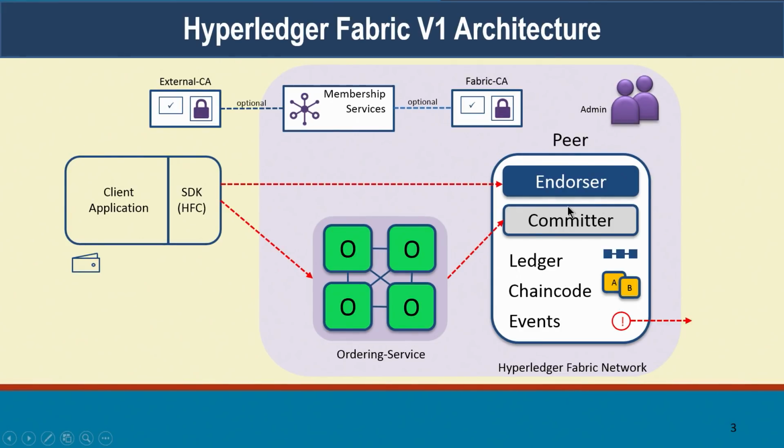And once the ordering service comes back with the full order of transactions, then each of these transactions needs to be committed onto the blockchain. So this committing function can also be thought of as a separate function. It's possible that certain peers are both endorsers and committers, whereas certain other peers are only committers. So I might not execute the transaction itself, but whatever other peers have agreed as the output of the transaction, I will only commit. Right? So some of this actually helps in scalability. We'll come to some of those notions.